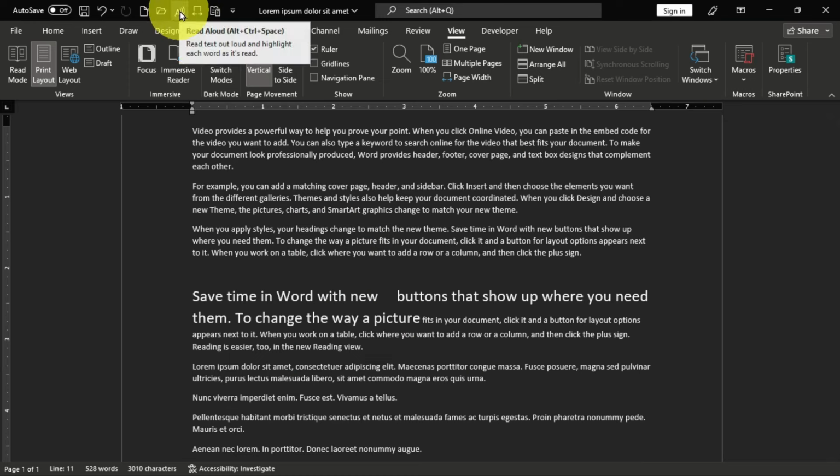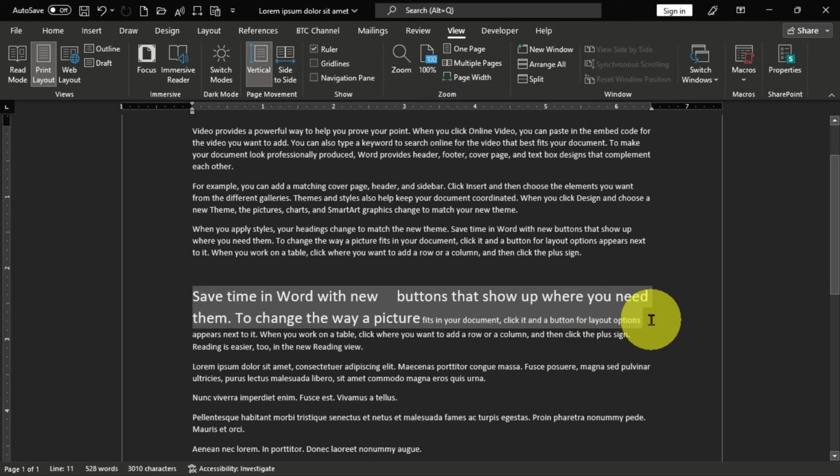So if I select this and then click on this icon, I'm going to have this toolbar here, and when I click on this,